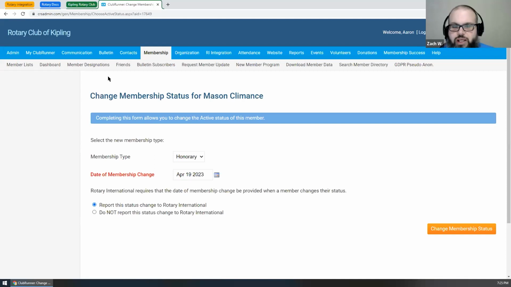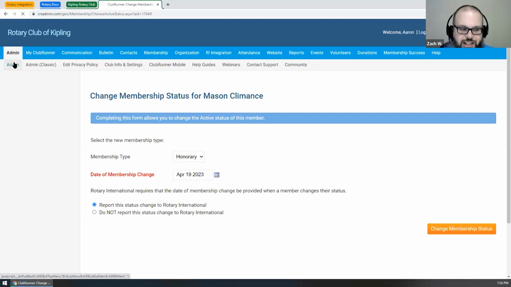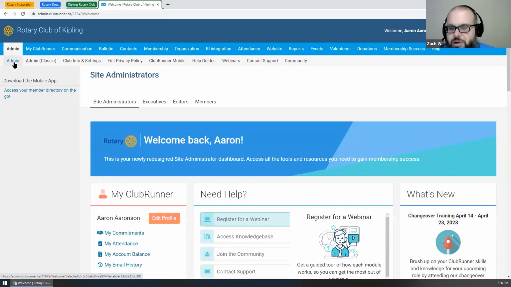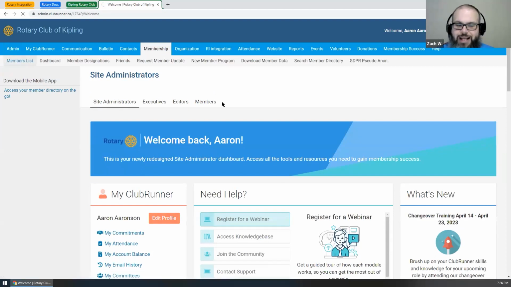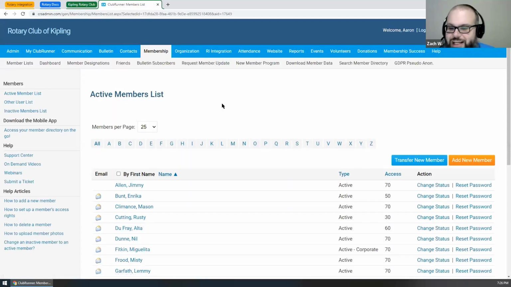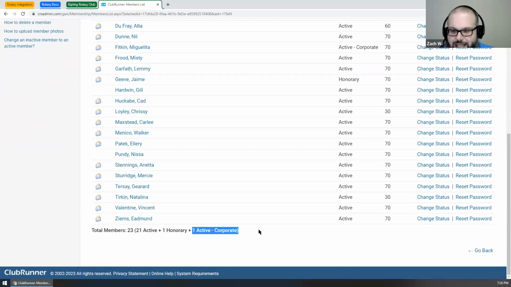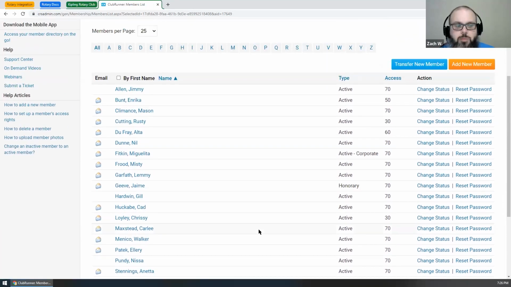So just before we decide to jump into the Rotary International integration, I want to show off some features in Club Runner that allow clubs to collect extra data, and I also want to talk about the custom membership types. I'm going to head back to the membership list just so we can talk about this a little bit. In addition to the active corporate and active satellite membership types, Club Runner does offer additional custom active types. So if your club has multiple satellite clubs, or you have different categories or classes of membership for billing purposes, our team can create custom membership types, which will allow you to use the change status